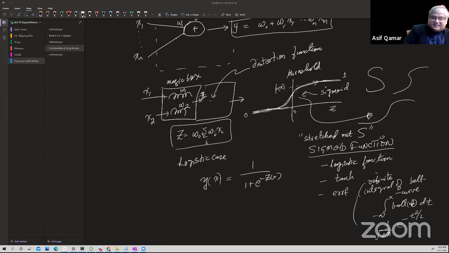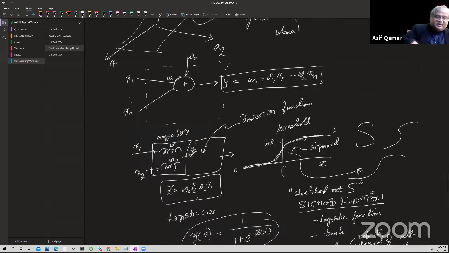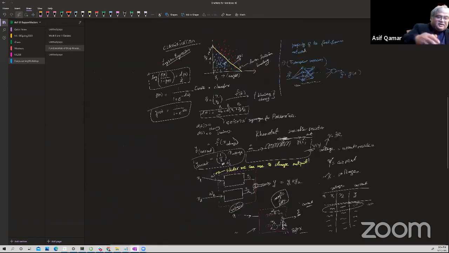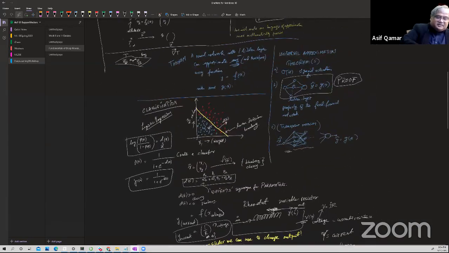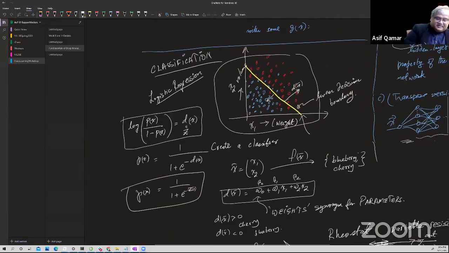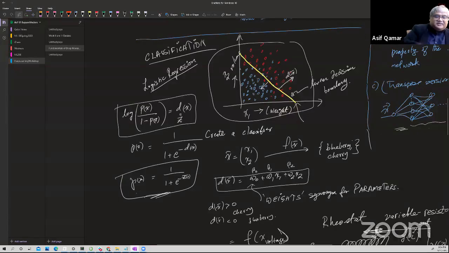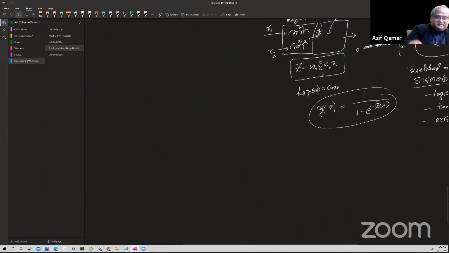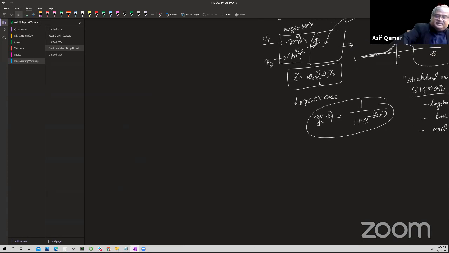Now, why is that useful? It turns out that this describes, with a certain cutoff, your classifier decision boundary. Of course, this must be familiar to some of you. Let me come here. This is a review for many of you. The yellow line that you see here, and this equation, as you know, is the same. Y is the probability of it being a cherry. Right? So now, how does this relate? I'm quickly coming to our break, but before we go to the break, I'll leave you with a puzzle. You realize that using a straight decision boundary, straight logistic regression, which we all have studied,